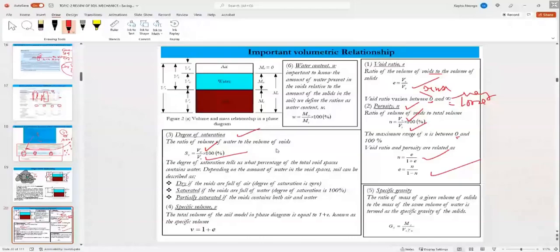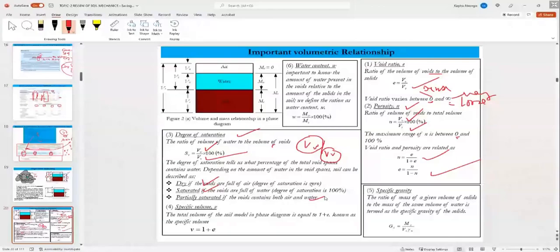If the void is filled with water, then the degree of saturation is 100%, so that's a saturated soil. If the volume of water is 0 in the void spaces, that's a dry soil. And in between dry and saturated soil,